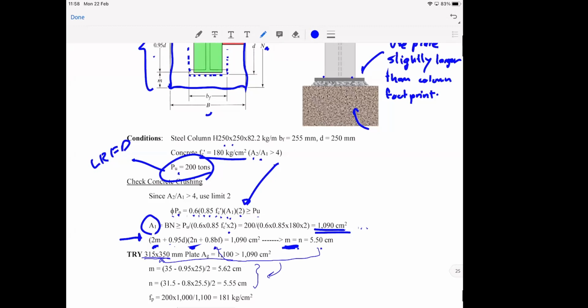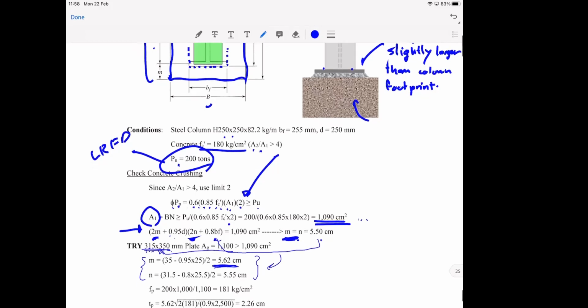Now this may not be a very good example. It's okay, but it may not be practical because you can notice that the width and the depth, or B and N distance, are quite different. Anyway, after you pick the size, you come back and calculate the true length of M and N. And now you see that this is larger, so it becomes the case that governs your design. And now you know the size of the plate, so you can also calculate your